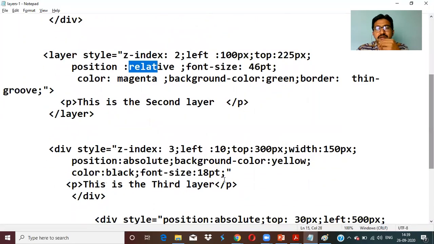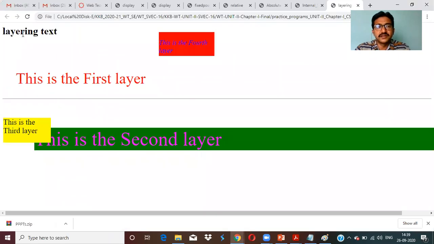But when you come to layer 3, I am saying the position is absolute and it starts from 300. Absolute means what? It takes from the starting position. It doesn't bother about the others. And the Z index value here is 3 and the top is 300. From the top, it is taking an absolute value. So that's why from top, it is 300. Here up to 300. But the second is 325.